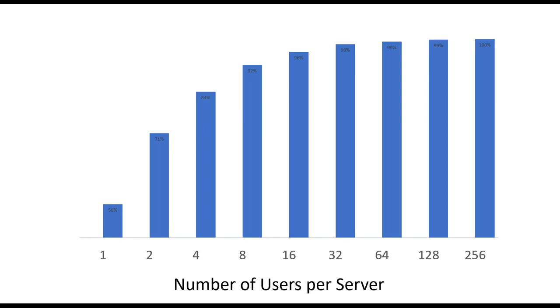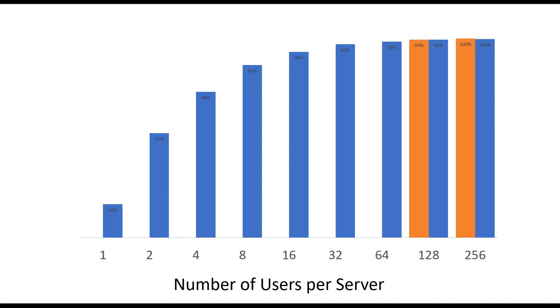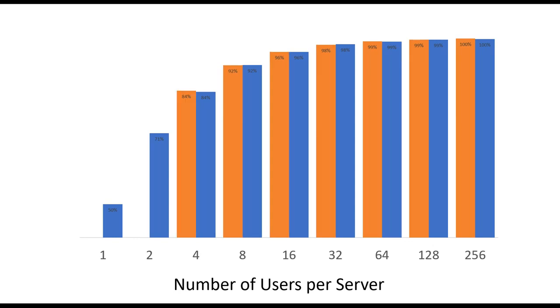So for 256 users, I need to log out 100% of my users before I can shut down a server, basically, or 50% of my estate. Then it's 99% for 128. And you can see a pattern occurring here. Essentially, we have to log out a lot of users before we're able to shut down 50% of those machines.